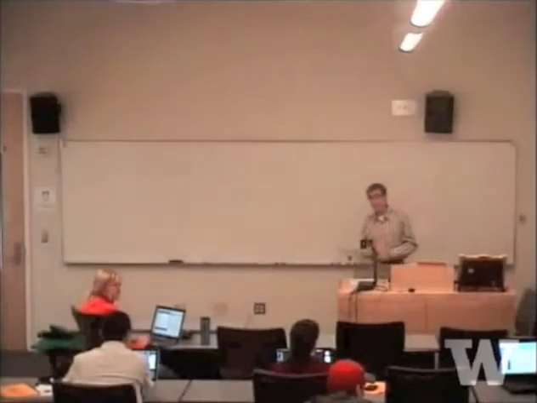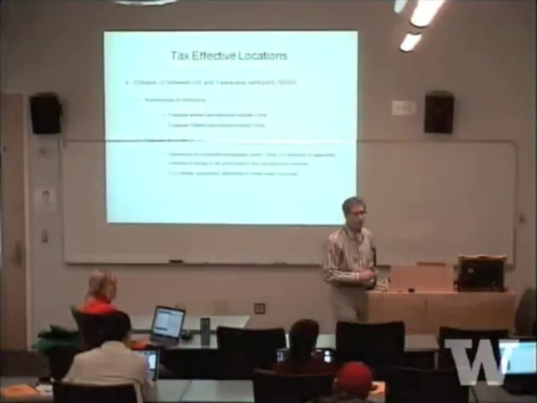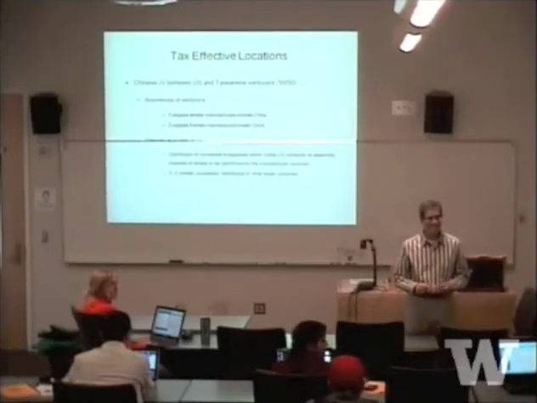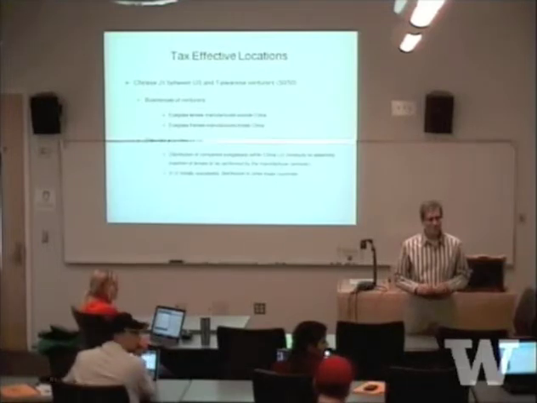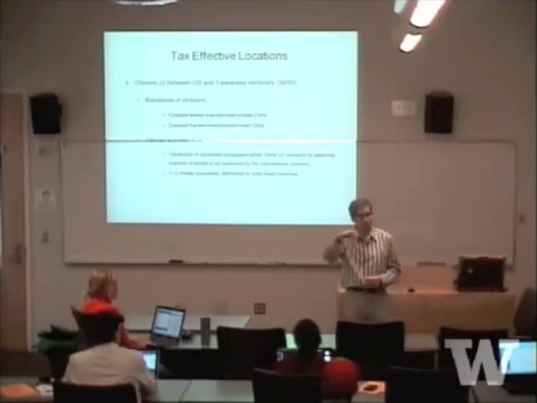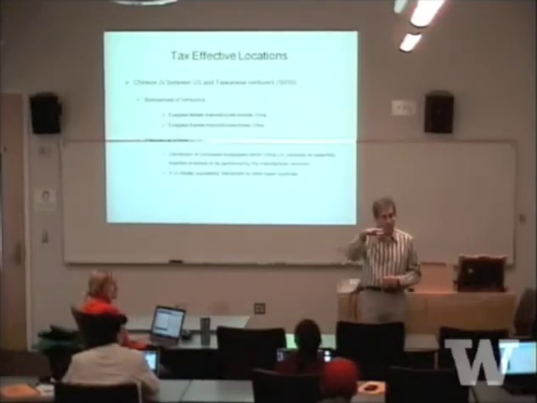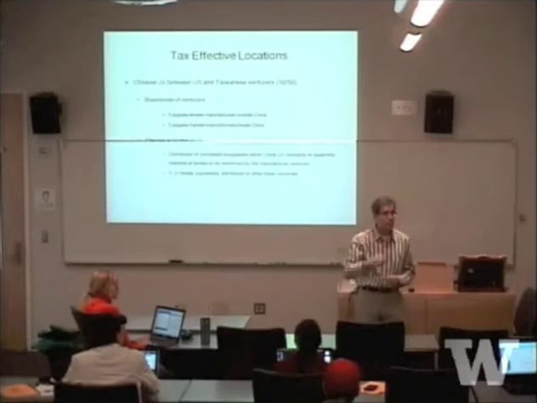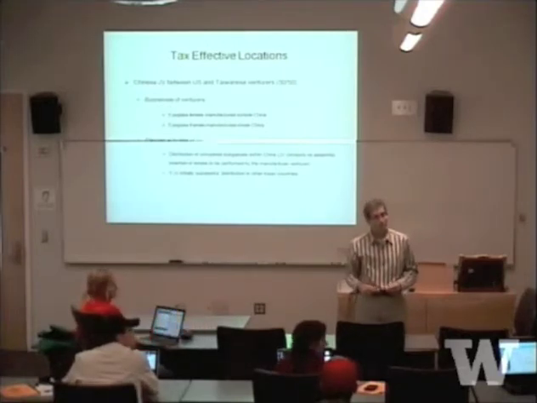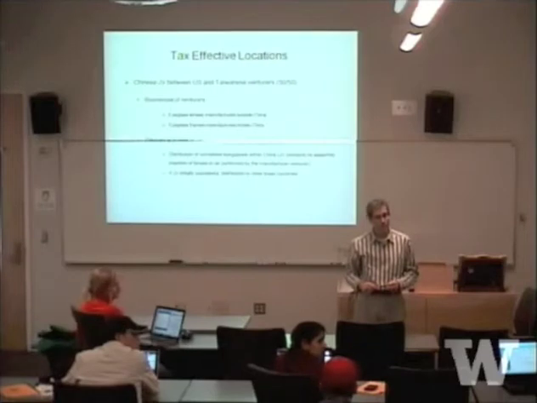Yes, Peter? So the situation with America isn't that bad because there's taxation on worldwide income? That's one of the reasons why it's bad. Well, it's not only, you're right, it's a combination of worldwide income taxation, less foreign tax credit, plus withholding tax on dividends going out. The reason I asked that is because in China, do they have taxation on worldwide income? Yeah, absolutely. Oh, okay. Absolutely.